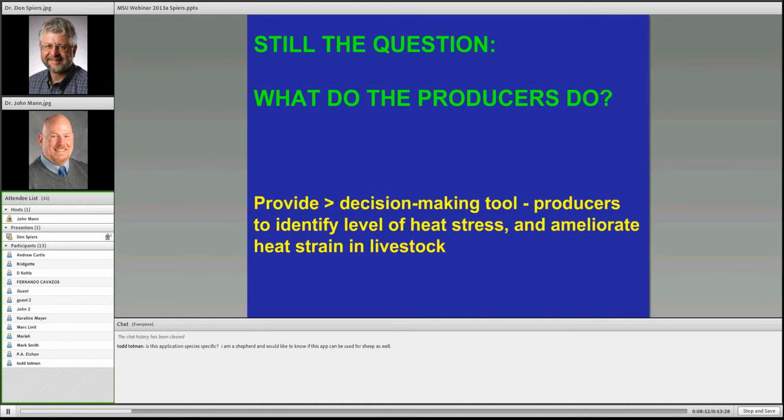How do they deal with this heat stress? We decided about a year and a half ago that what we needed to make was a decision-making tool that would allow the producers to identify the level of heat stress and how to reduce that level of strain on the livestock. I should say that my colleague Bob Weber, who's now at Kansas State University, was the individual who gave me this idea that we then took and ran with to develop it into the app that you'll see